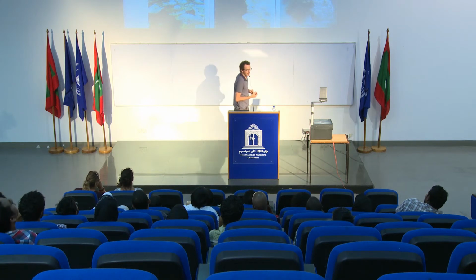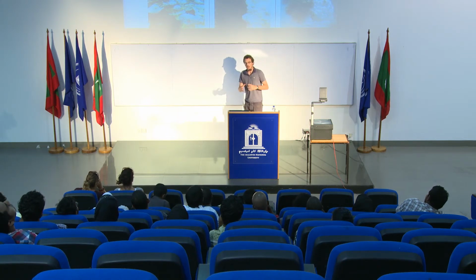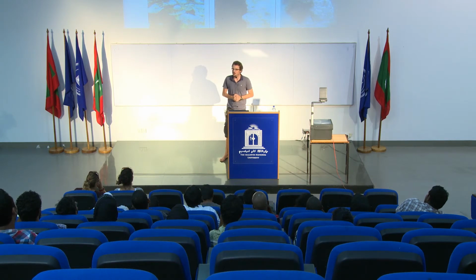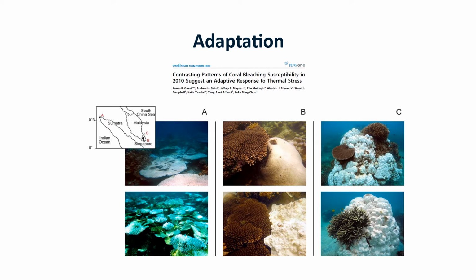But then we also add this into the mix. As I've already said, these massive corals are thought to be the more tolerant species, and these acroporas are thought to be the more susceptible, and they're supposed to bleach. And then James Guest, another friend of mine who's been working in Singapore, wrote this paper. This was just an observational study, but as you can clearly see, all the acroporids here have bleached. This was back in